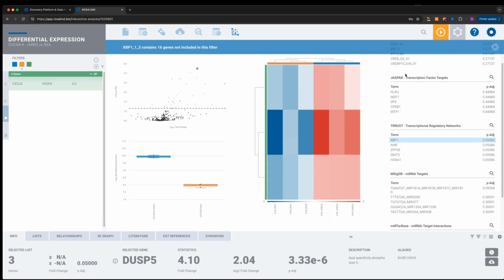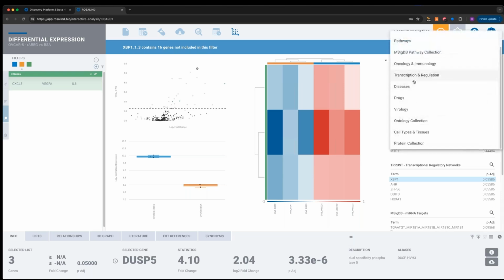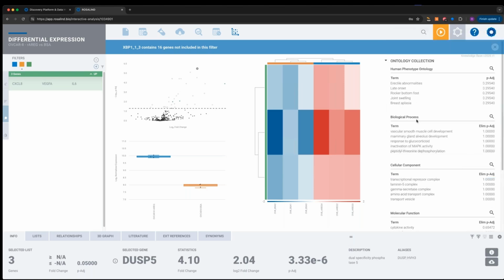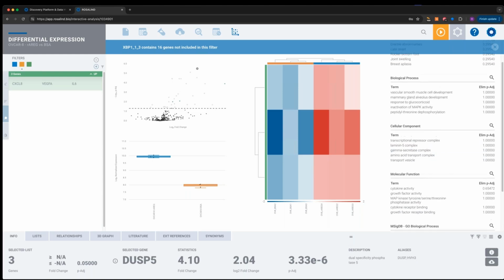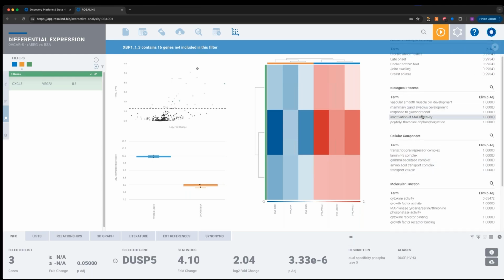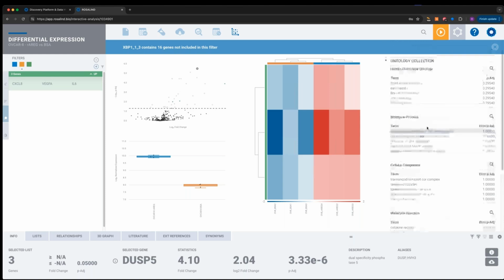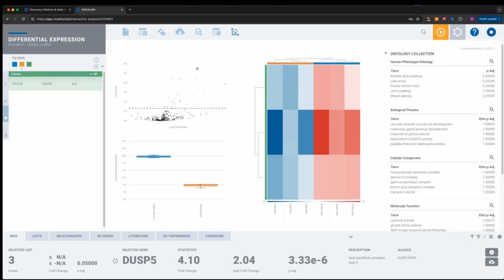There's a few other things I might want to show you here before I move on. There's also this ontology collection, which is quite popular and useful here. If you're familiar with GO or gene ontology, this has been around for, I think, a couple of decades now, but that's also available within the Rosalind platform. You'll recognize that as biological process, cellular component, molecular function. Now, in this case, none of these terms were significantly enriched, but in other cases they are. It just depends on the context of your experiment. So Rosalind does contain gene ontology, which is one of those best practices, gold standard pathway approaches for your data. So that's found here.